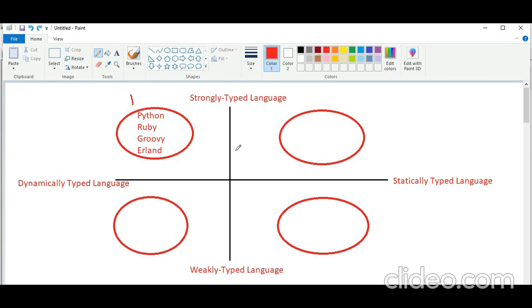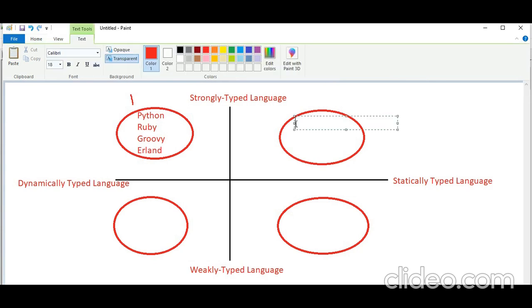Next, in this section, for strongly and statically typed languages, you can take C#, Java, Scala, and Haskell. These are the examples of strongly and statically typed languages.